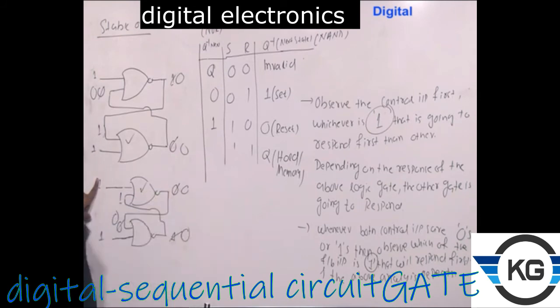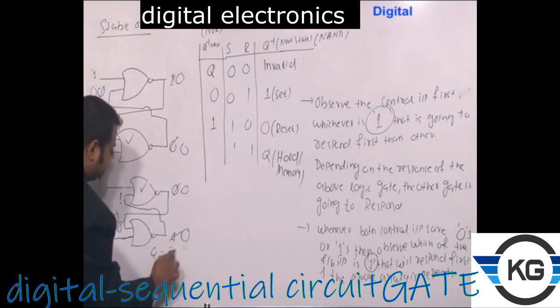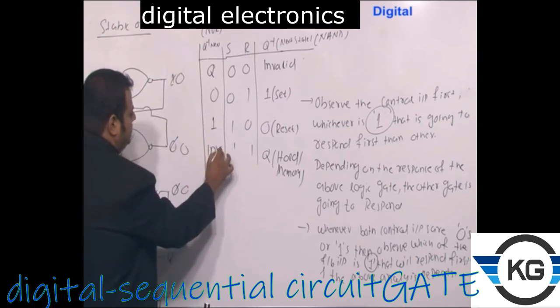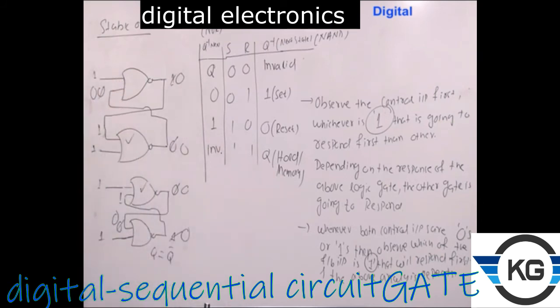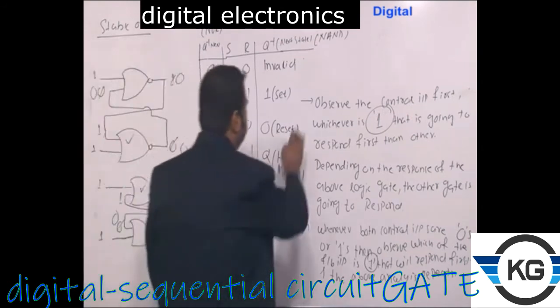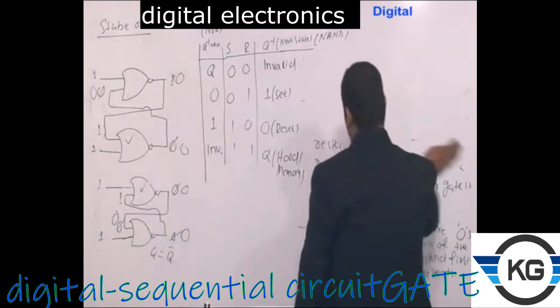So like in the previous case where we got Q equal to Q bar, in this case we are also getting a condition which is Q equal to Q bar. So here this is known as the invalid state. You should not get confused. If you do the comparison of these two, so now let me erase this. What is the observation we are making here?